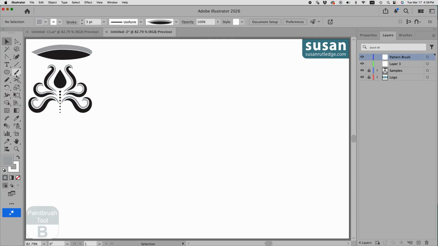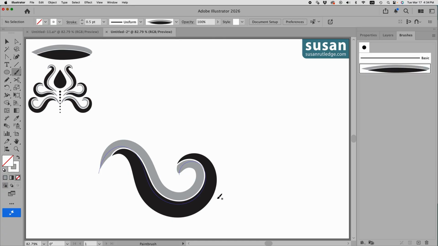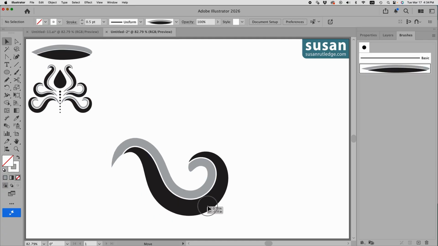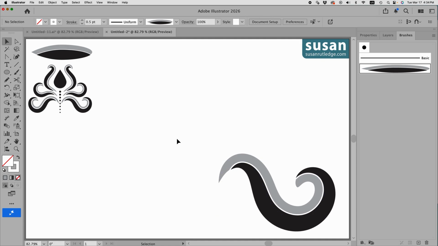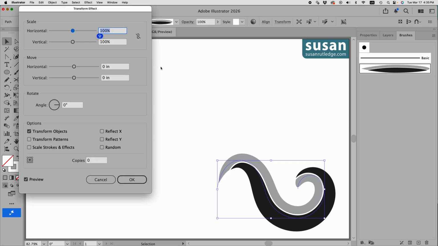And I'll get the paintbrush tool, and I'm going to drag out the bottom right stroke first. I'm pretty happy with how this one turned out, even though it's not exactly the same as my sample. So I'm going to go ahead and use this for my starting stroke, and I'll come up to Effect, down to Distort and Transform, over and down to Transform, and we're going to apply a transform effect to this to create the left side. So under Move, I'm going to type in